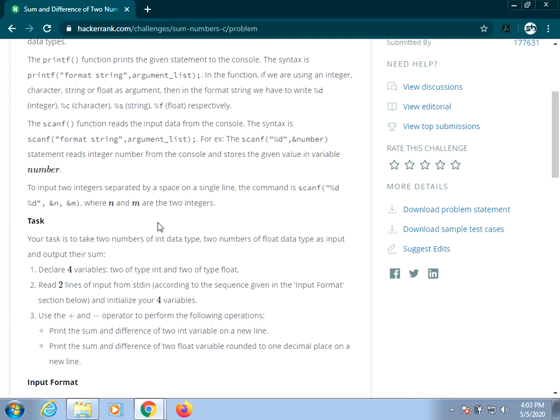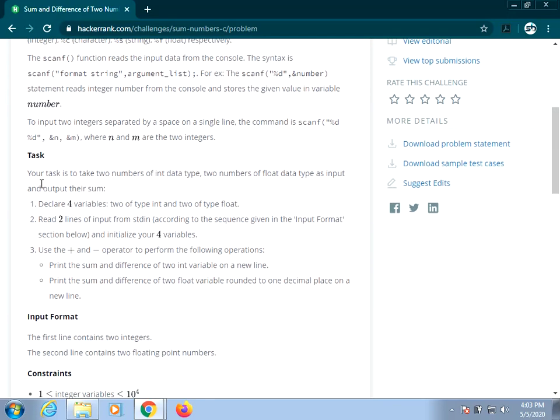Those are the two integers. Remember, whenever you want to input two integers separated by a space on a single line, the command is scanf %d space %d. Okay, that is the main thing.